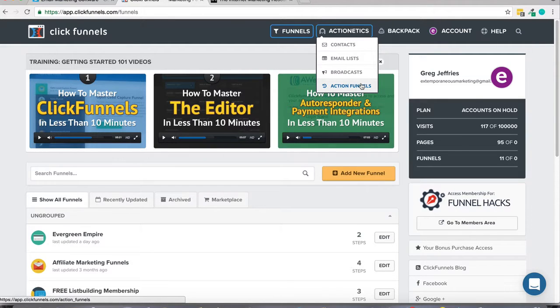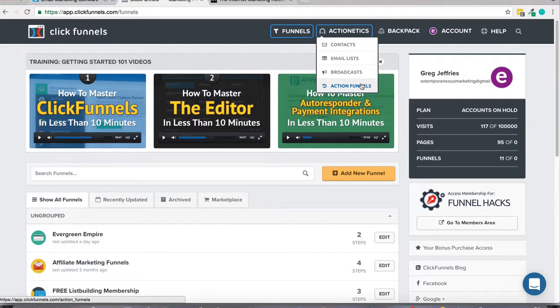You can create squeeze pages, and it's got tons of different templates. So even if you aren't a designer or a programmer, it's got tons of pre-created templates, as well as a drag and drop editor if you want to customize things and create your own squeeze pages, sales pages, and sales funnels from scratch. You can also create your own sales funnels. So unlike solutions like Lead Pages out there, where you can just create lead capture pages and simple sales pages, you can create entire sales funnels. So upsells, downsells, you can get as complex as you want.